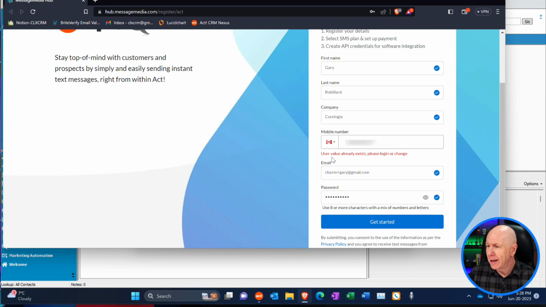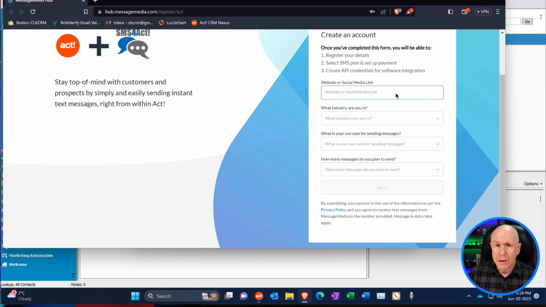You can see here you're going to get "the user value already exists." So you have to make sure, if you've done a trial on a specific cell phone, you may have to use a different number in order to do your trial. So I changed my cell phone number to a different one, pressed OK, and now we're into this section where